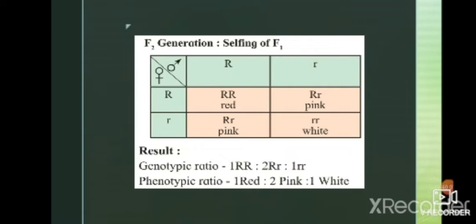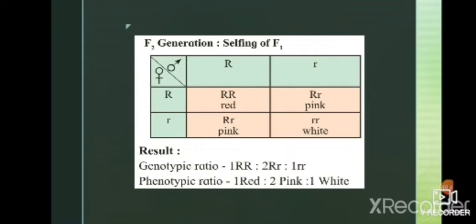Then in the F2 generation, male gametes capital R, small r and female gametes capital R, small r are crossed, paired in a checkerboard. The first column shows capital R red. In the second, capital R small r pink. In the third, capital R small r pink. In the fourth, small r white. It means that here red